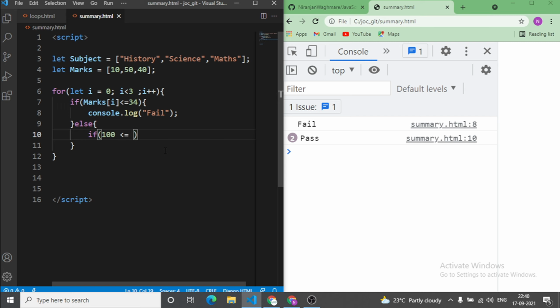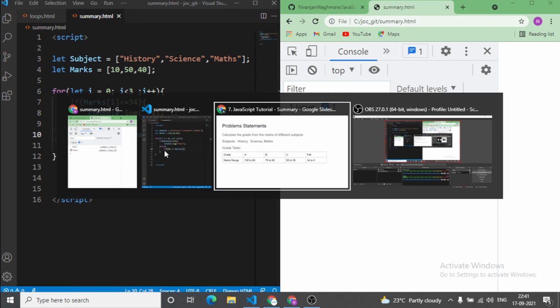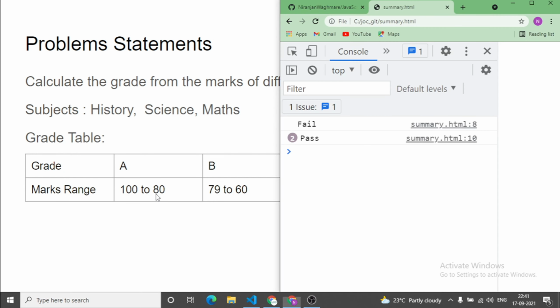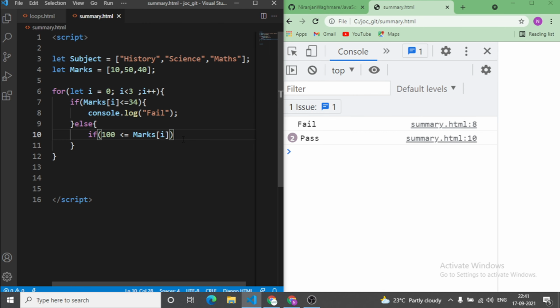or equal to marks, if marks is less than or equal to 100, this is the first condition. And what could be the second condition? If it is greater than 80. So what we'll do, we'll add one more bracket, and you might have remembered this sign,